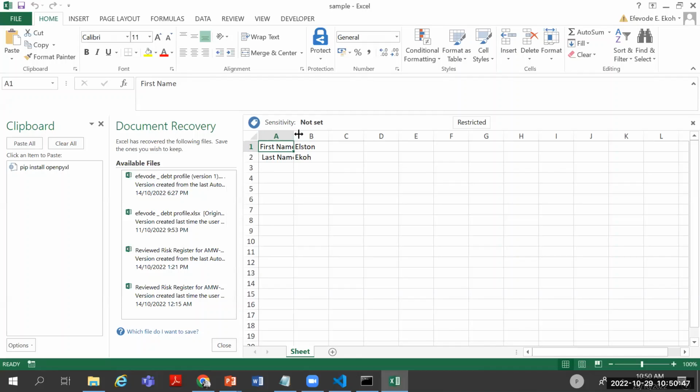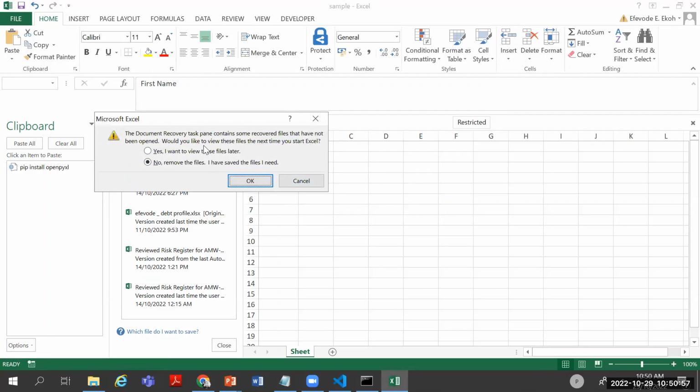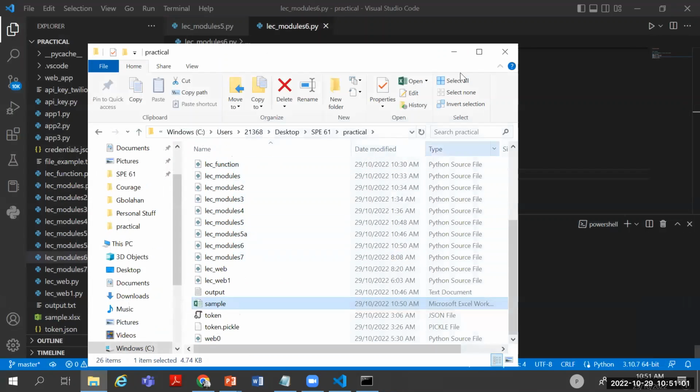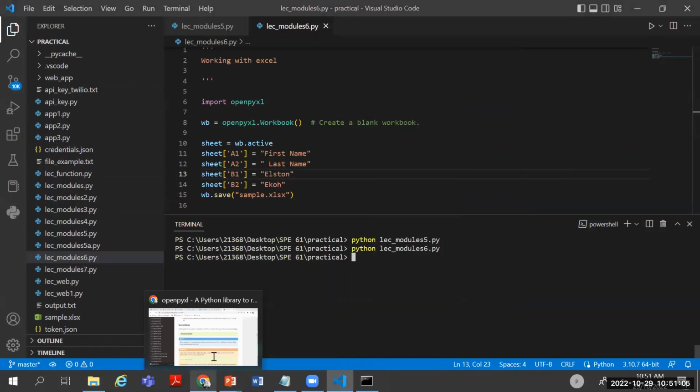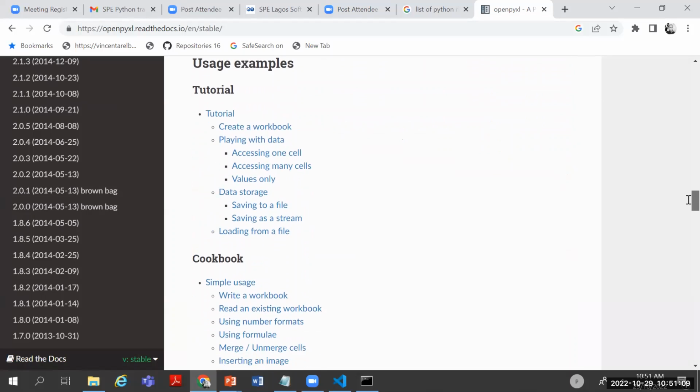Wow, the sample has been updated. So it now has first name, last name, and the like. So as not to burn our time, I would leave you to tinker with it. Just tinker with the commands that are there, and it has very rich documentation. It tells you how to